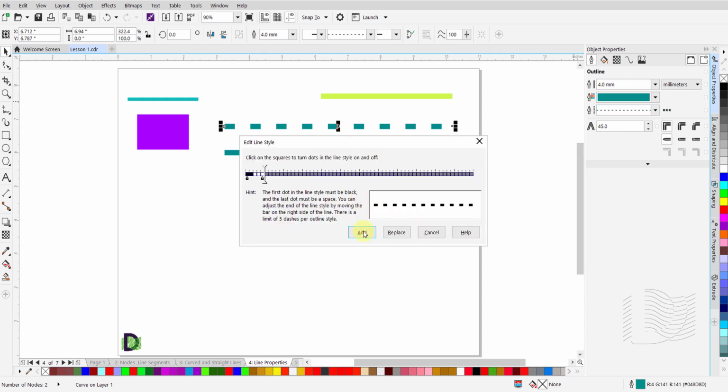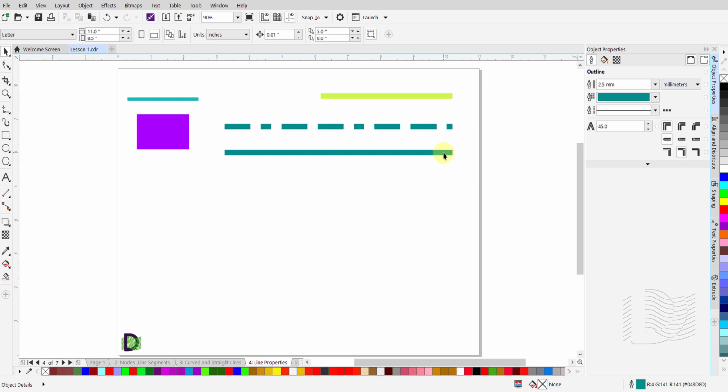When the window opens, slide this slider back and start to create a pattern. I am going to select the first 5. Then leave the next 2 white. Select the next 2. Again, leave the next 2 white. And select the next 5. And finally, leave the next 2 white. Move the slider back to the right edge of the last white square. Click Add.